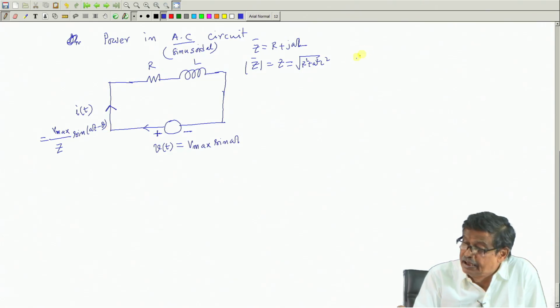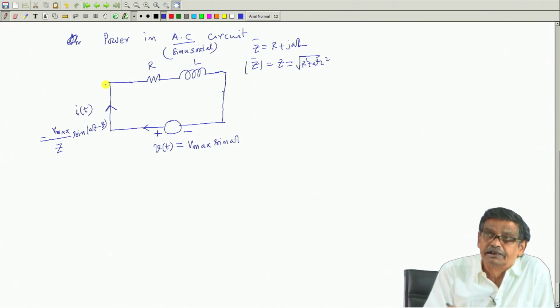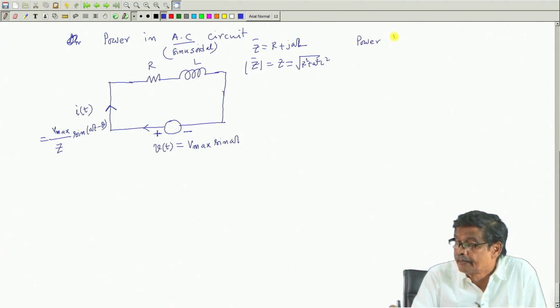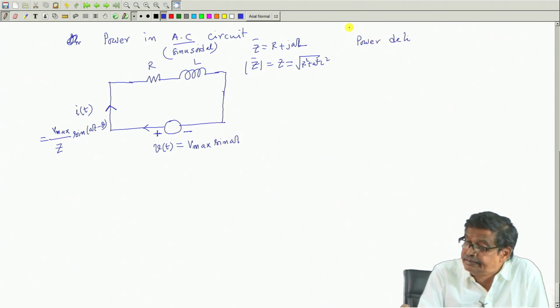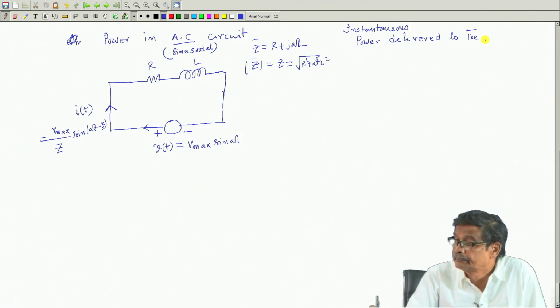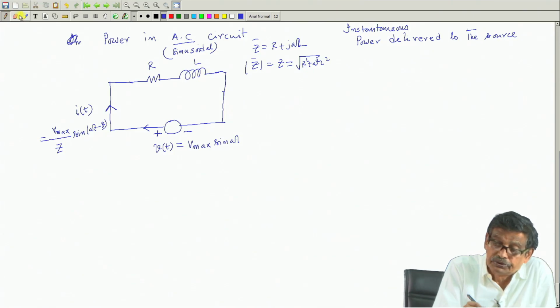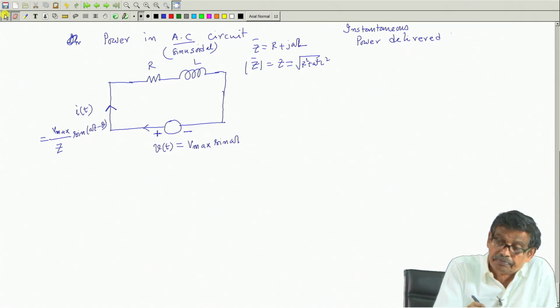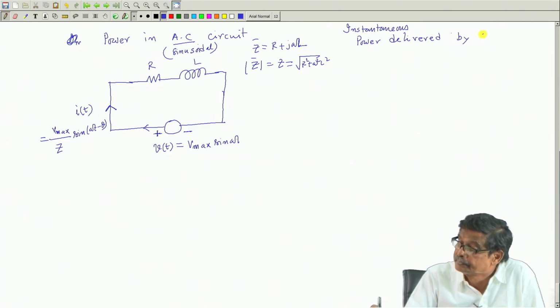Therefore, with this polarity I will write: instantaneous power delivered by the source,